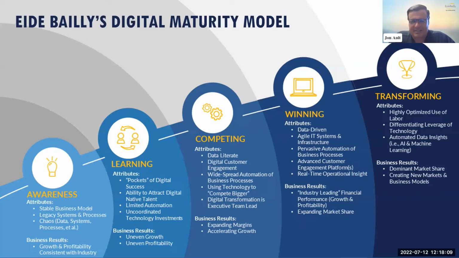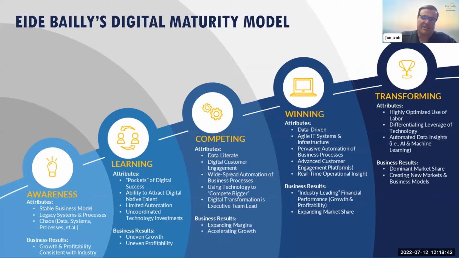kind of pockets of this digital success. I've done something in one of my departments. A really good example is I've put in a CRM, customer relationship management system. So I've gotten good at managing relationships with my customers, but maybe I don't have that linked to other processes in my business. I've got some limited amount of automation. I can attract what we always say is digital native talent, so people who are used to doing things in an electronic way. But maybe I'm not coordinated in my investment. I'm doing it more at a